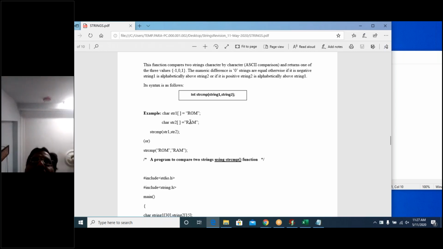Both are capital O and capital A. Whichever is greater, if capital O is greater, then what will it return? String 1 is alphabetically above string 2, then it will return negative. If string 1 is less than string 2, then what will it return? A positive value.